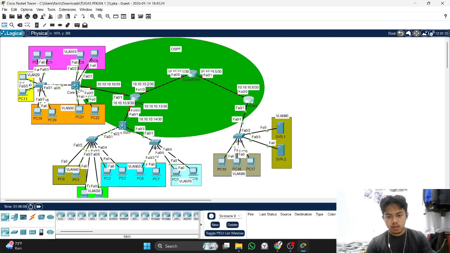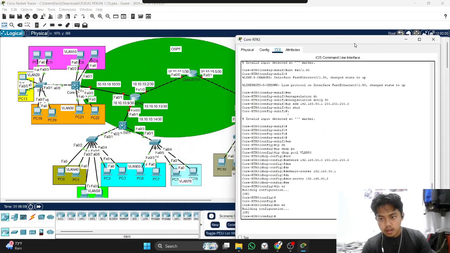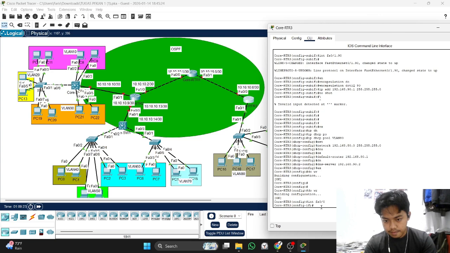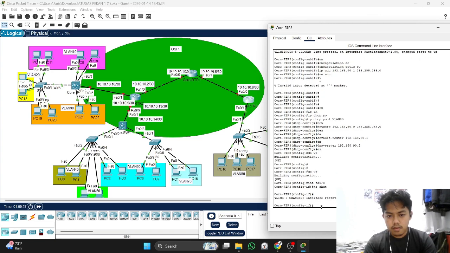From here, core router 3. Now we look at the interface going to the other router. That's the FA00. Configure that interface, and then write no shutdown. After that, we add the IP address. The address is written on this.